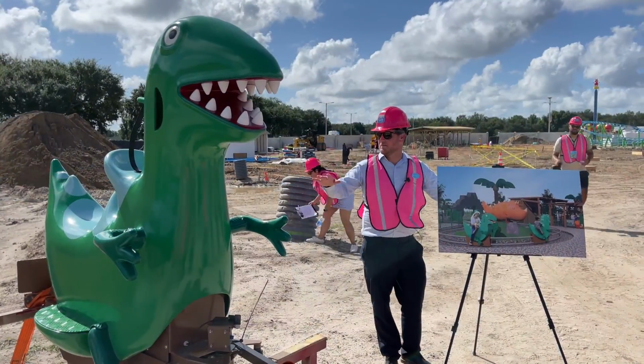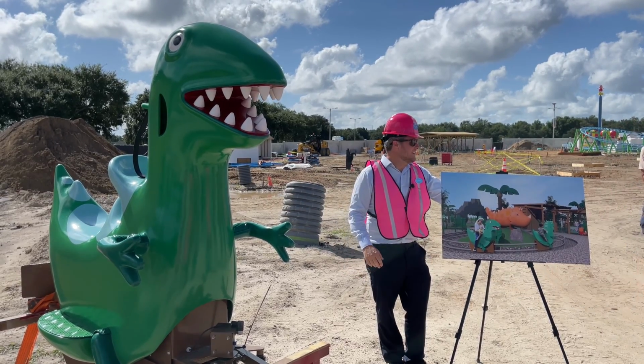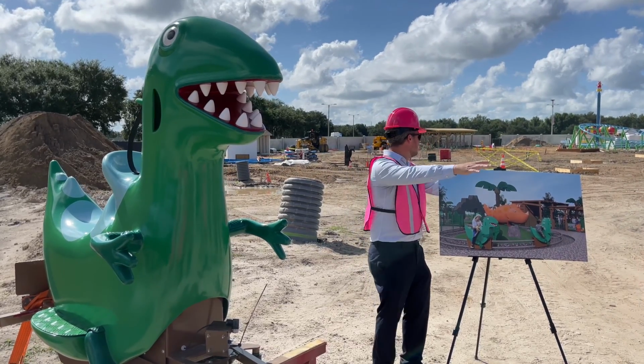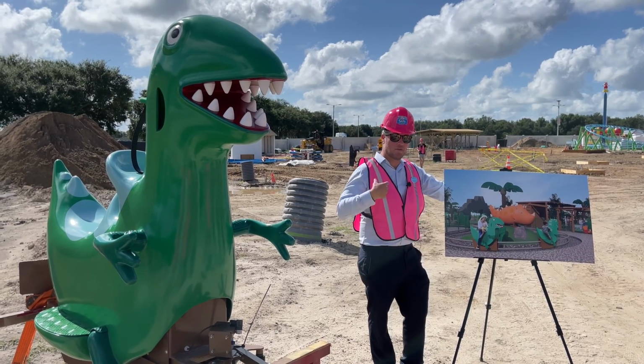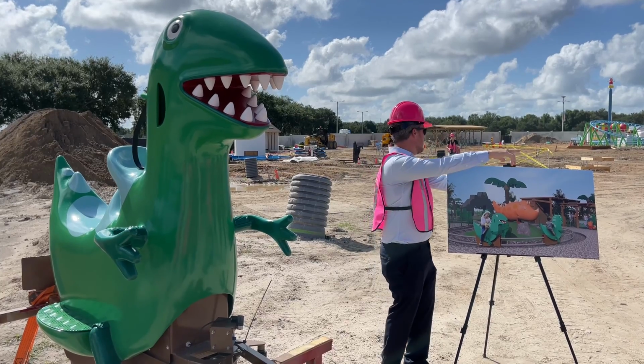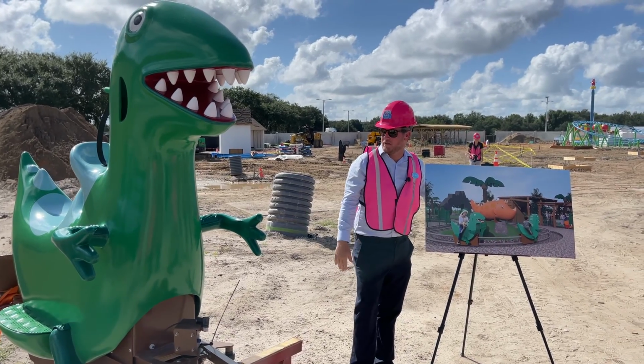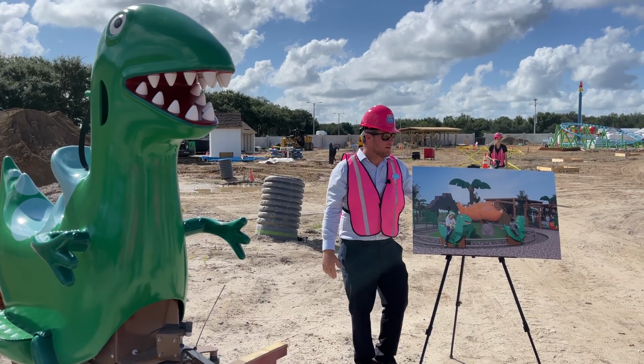So as you can see, it looks exactly like it's supposed to look. Unfortunately, construction has pulled us further away. Selfishly, as a construction guy, we always like to find a corner and kind of work our way out of the site, so you're seeing the natural trajectory of how the site's going to be built out. But right here off to my right is Grampy Rabbit's